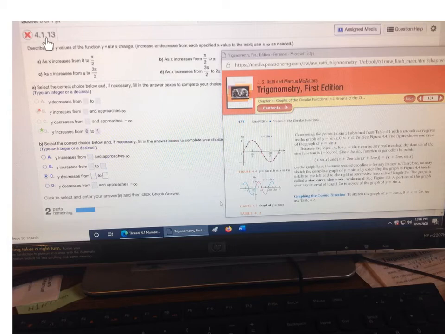It's 4.1, number 5 in the homework. Describe how the y values of the function y equals sine of x change, increase or decrease, over the specified x values. Okay, well, if you look in the book, this is page 134, but if you start at